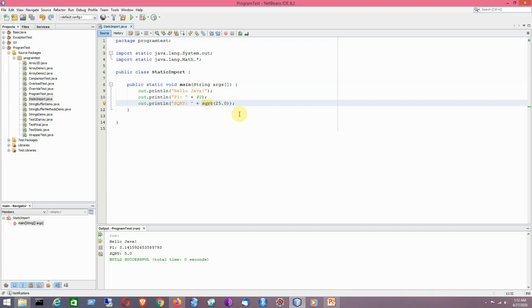So that is the concept of the import static statement for supporting static import. I hope that you have understood the logic of this program, and this particular approach certainly reduces the programmer's effort. That is the advantage of this approach.